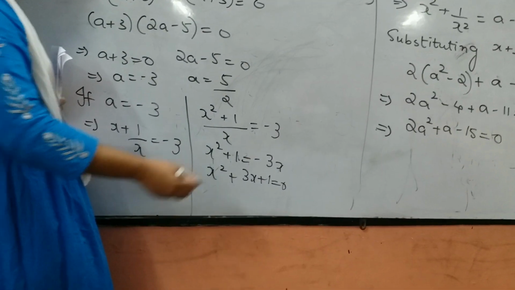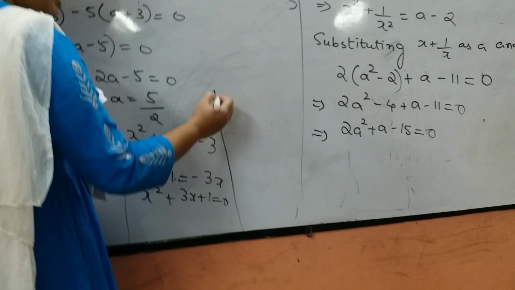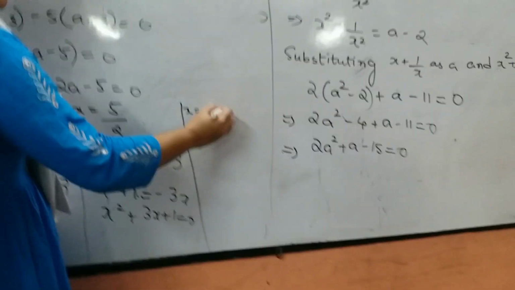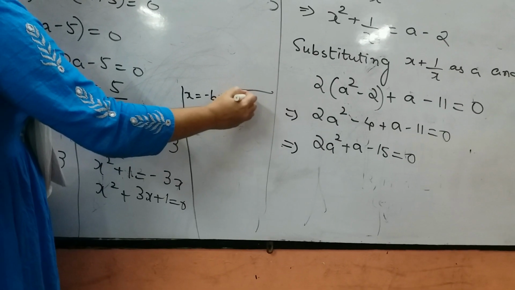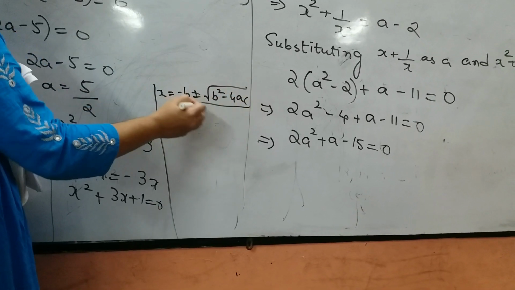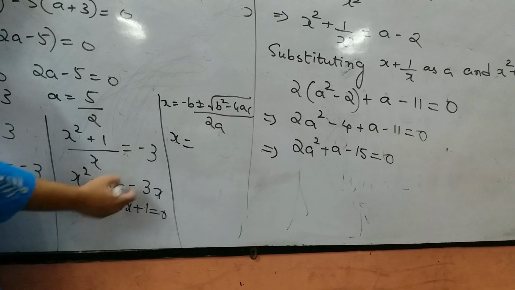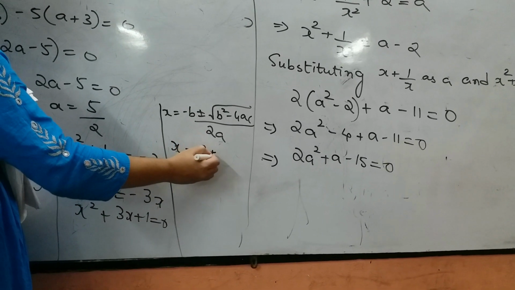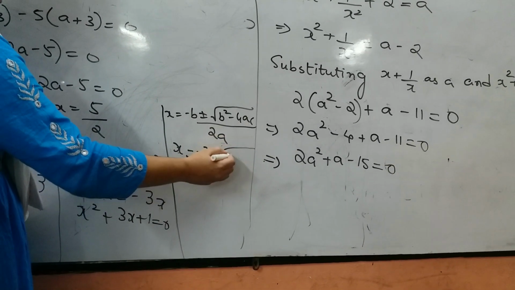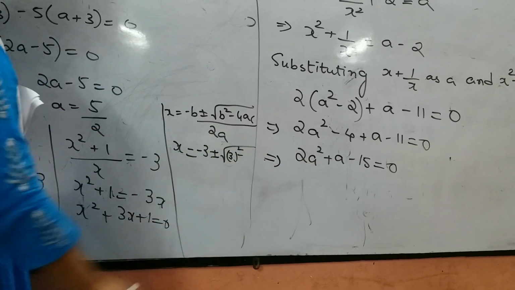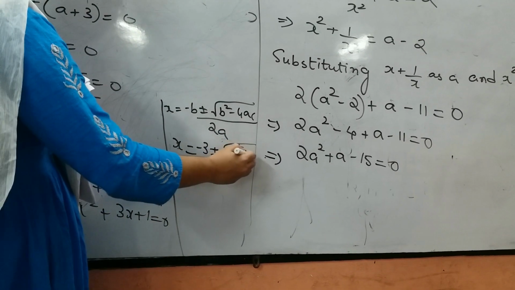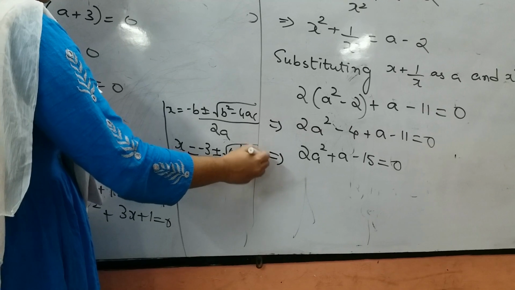Now let us find the roots of it. How to find the roots? X is equal to minus b plus or minus under root of b square minus 4ac by 2a. So here x is equal to minus b means minus 3. Minus 3 plus or minus under root of 3 square minus 4ac, that is minus 4 into 1 into 1